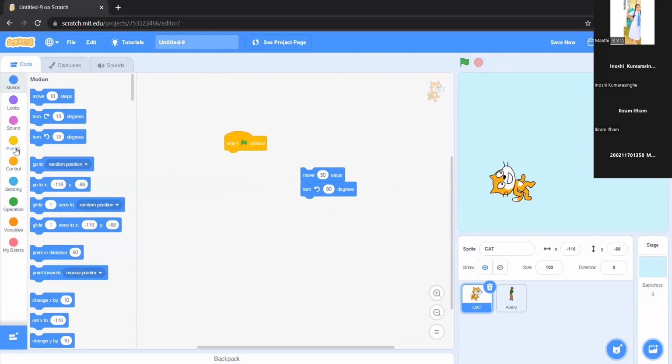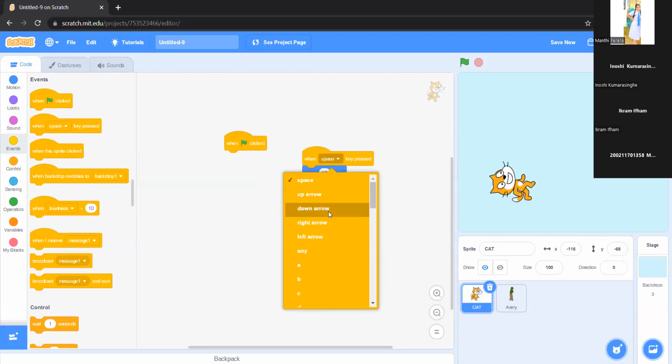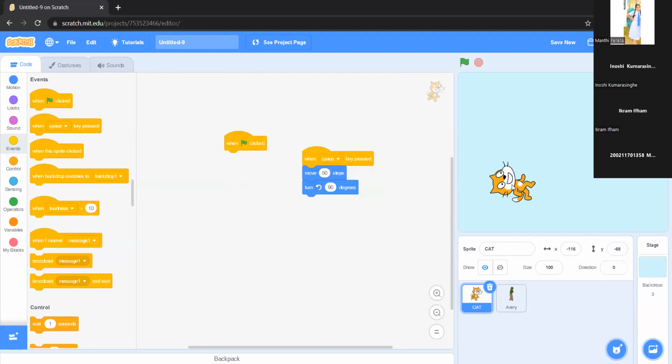But there are other events also, like when the space bar is pressed, when the space key is pressed. There are other keys also. See, up arrow, down arrow, right arrow. There are other keys as well. So what I'm going to do is, of course, now